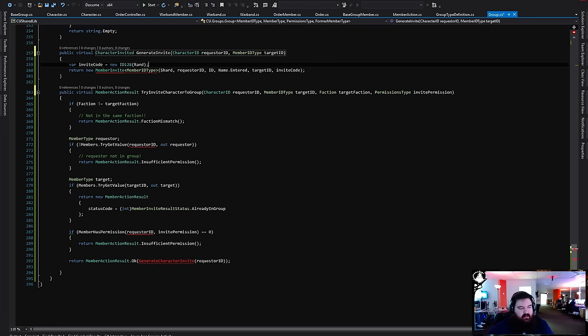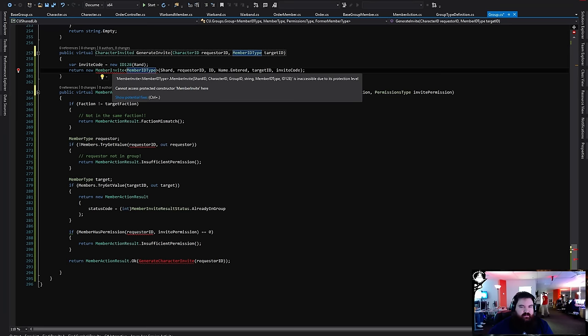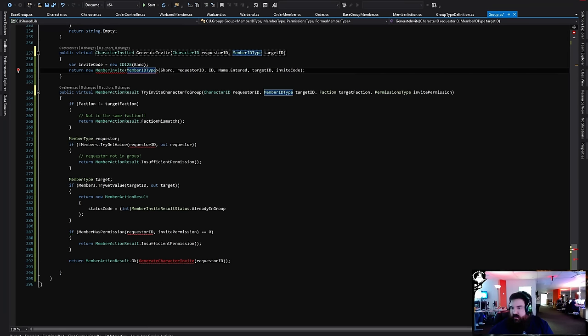Warbands can be permanent, but orders are not a permanent warband. But a lot of the code is shared. Oh, because instructor's protected. There we go.